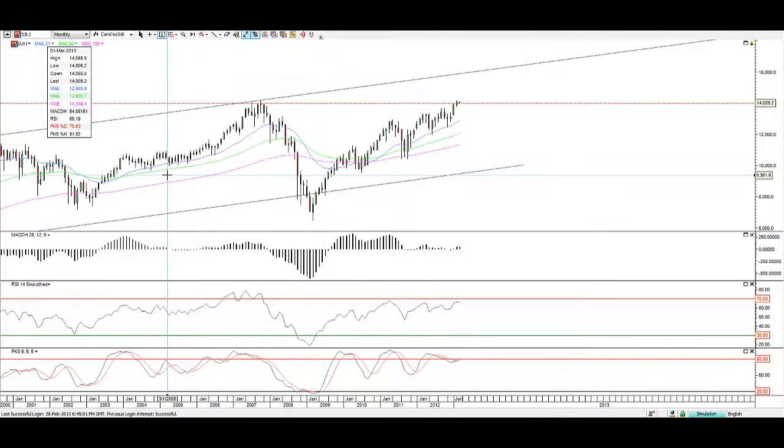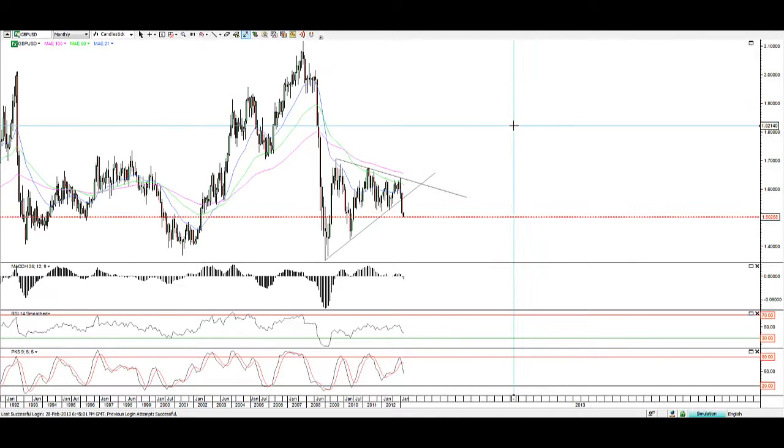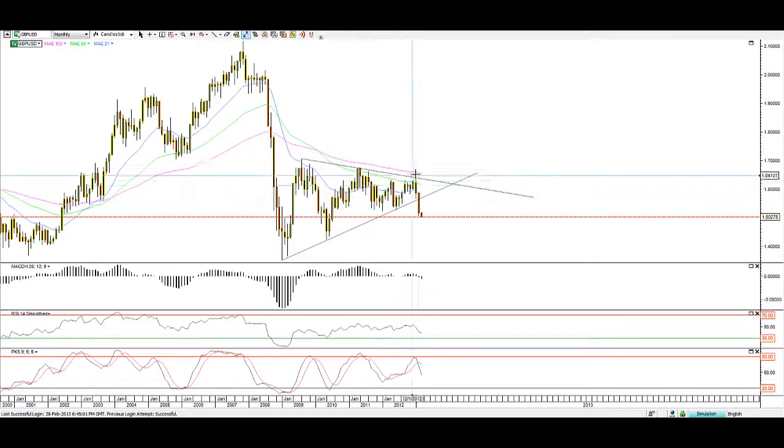Now, let's have a look at currencies, because a lot of the time markets or market indices and currencies tend to move in the same direction. So if we take a look at the British pound versus the US dollar on a monthly chart, you can see since 2009, since we were at that super low of around 135, we had this huge consolidation kind of in a wedge, and last month we broke down straight through it from about 156, and currently we're